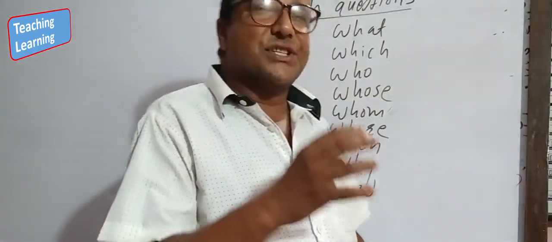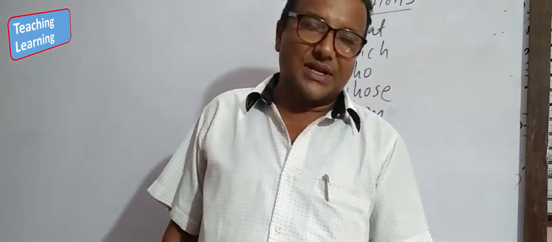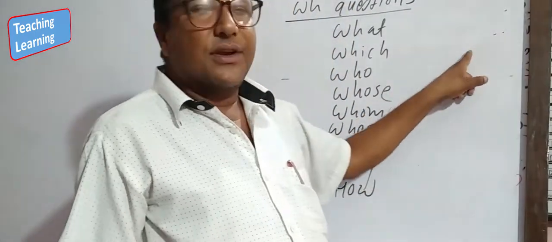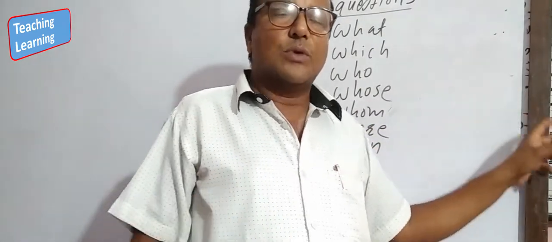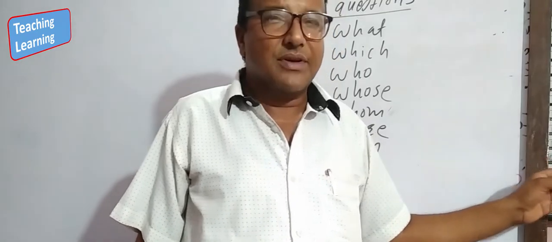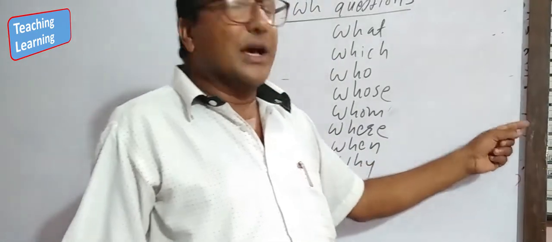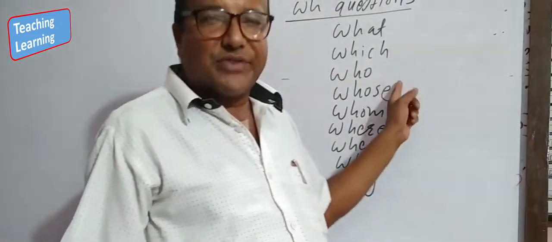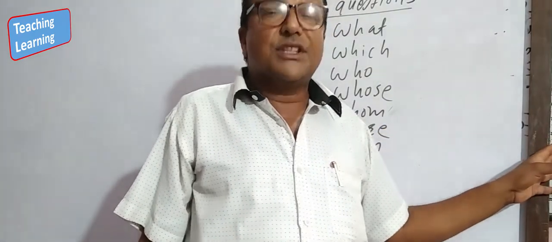It is so easy. If we know negative or yes no question, then it is so easy. At first, we have to use the WH word. Then we have to use the auxiliary verb. The same auxiliary verbs used in the yes no question are used here after the WH word. Then in the positive sentence,